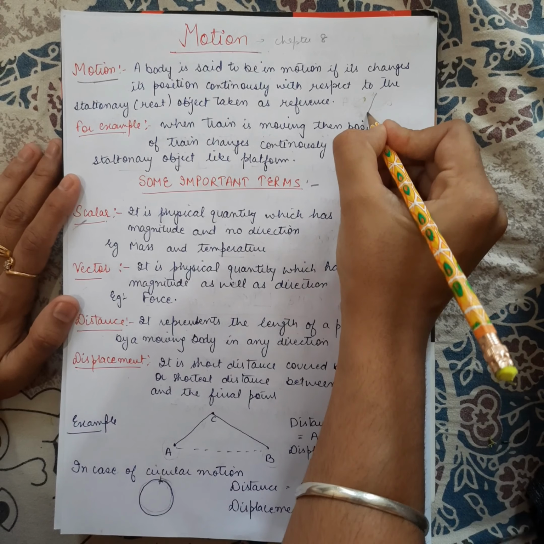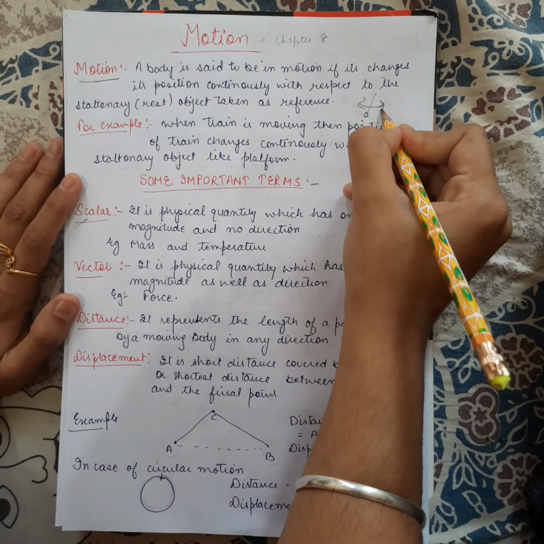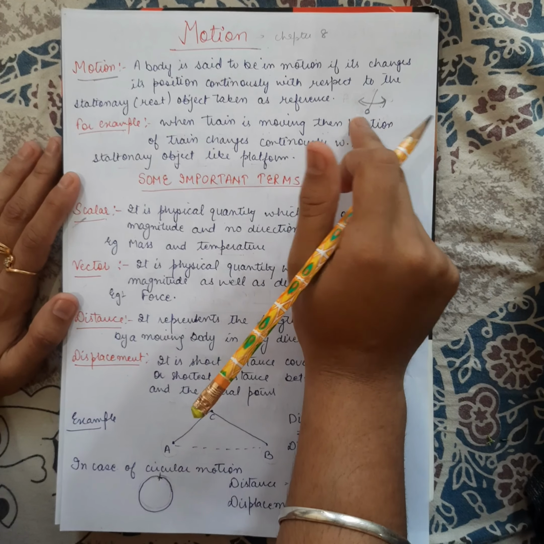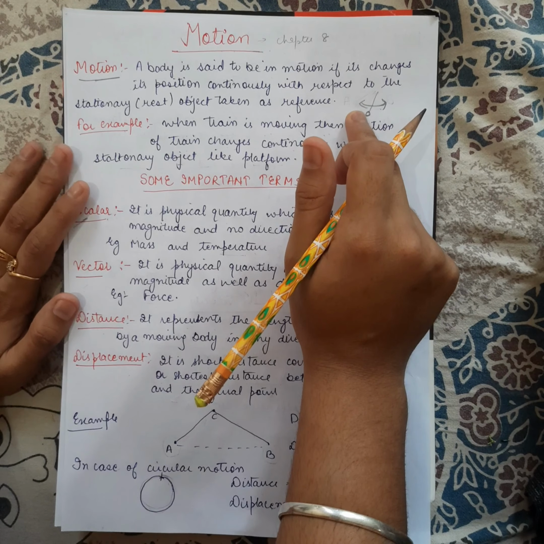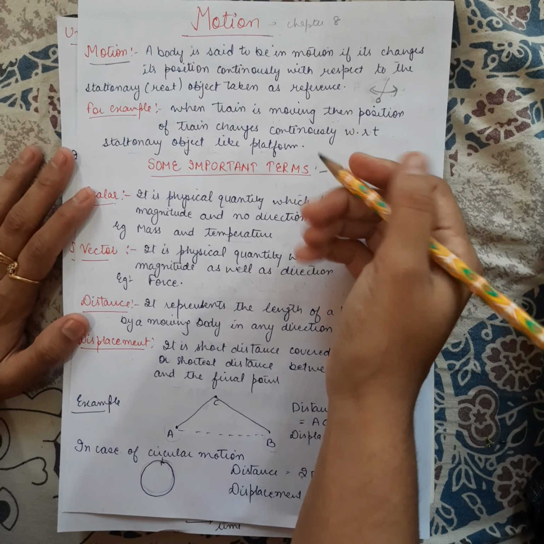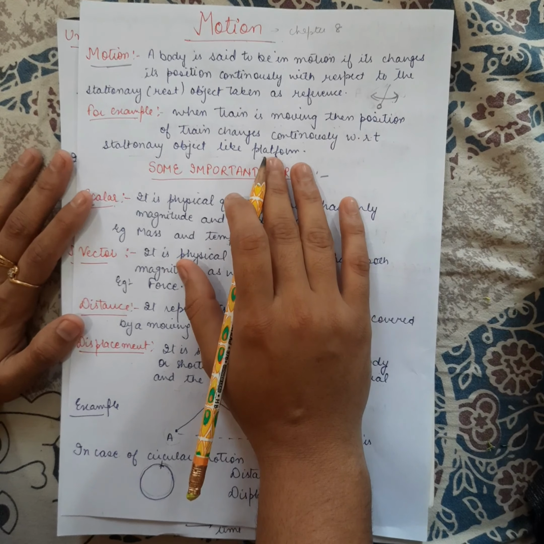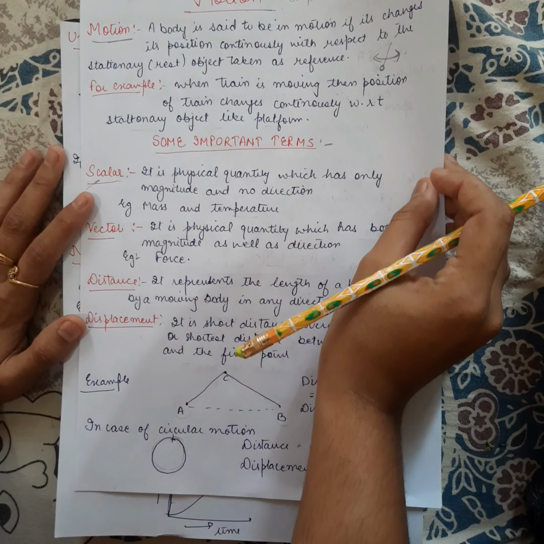Example, if we are taking a pendulum and it is moving back and forth, which means that the pendulum is in motion. Another example of motion is if a train is moving with respect to a platform. So we can say that the train is changing its position from one place to another. That is, we can say that the train is in motion.